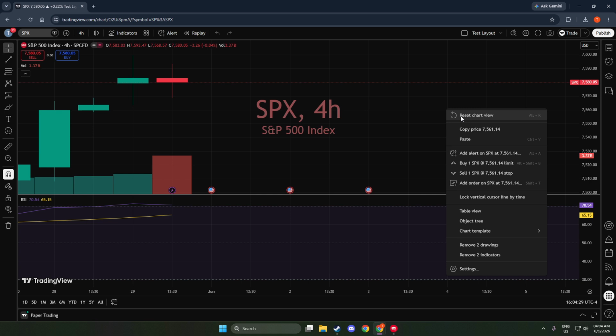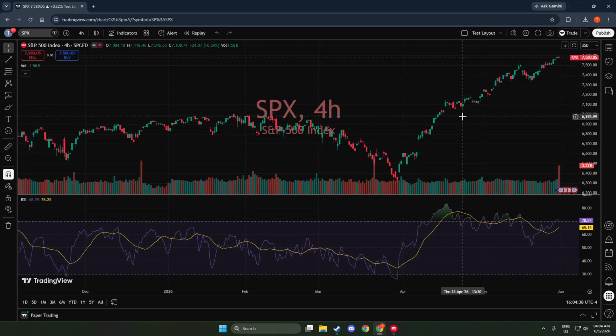The moment you click it, TradingView will automatically refit the chart. Price and time will snap back into a sensible frame, showing you the recent action without awkward gaps or extreme zoom levels. You'll usually see the most current bars centered and scaled so that highs and lows are comfortably visible, with enough room to read the price scale and candles clearly.